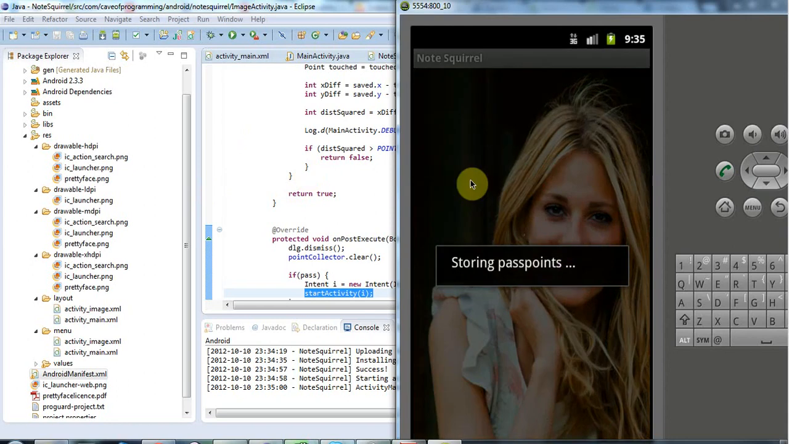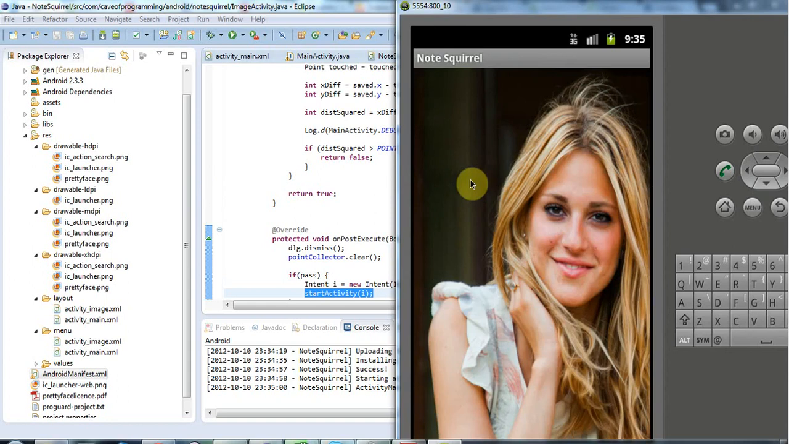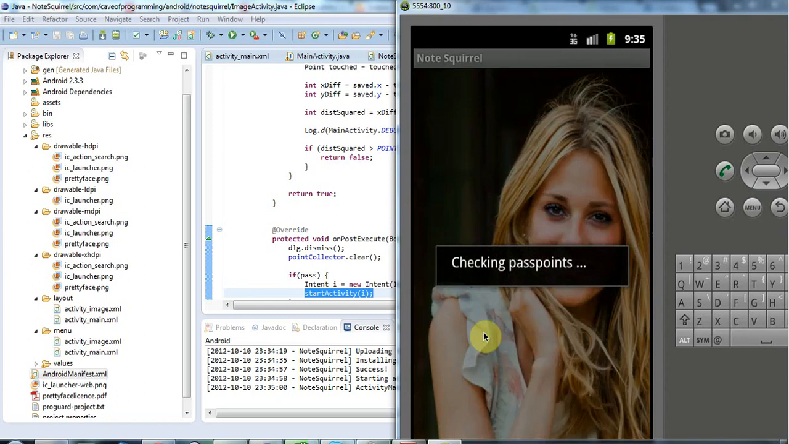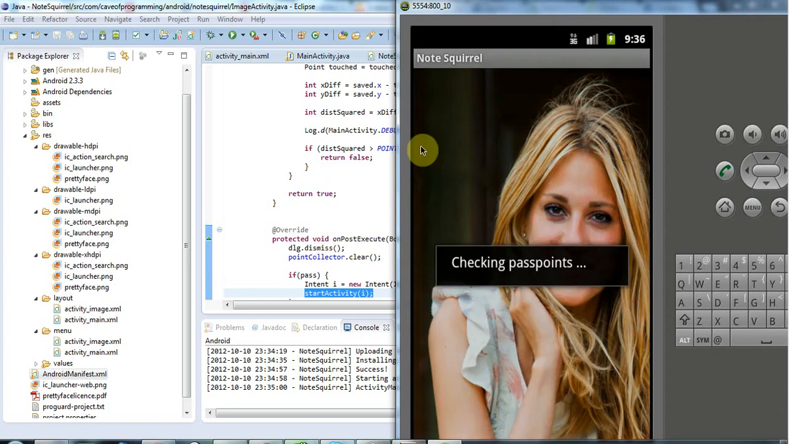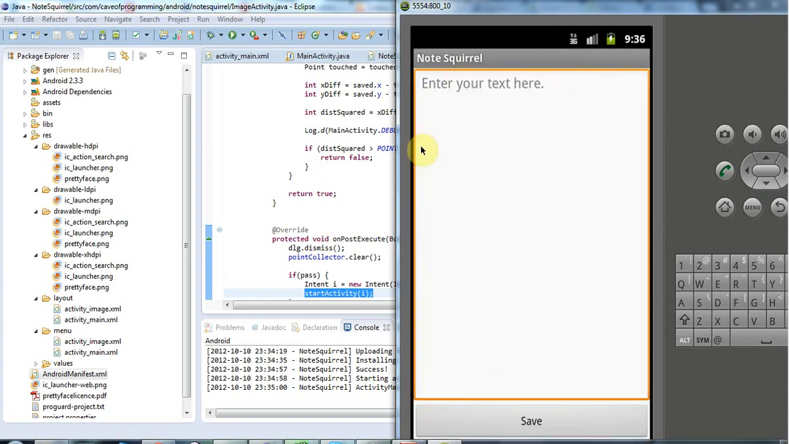And I can now log in. I could also actually go straight in at that point. In fact, maybe I should have a toast here that says now enter the pass points again, but let's just do it now. So I'll enter the wrong ones first, so just random points here. It says checking and then access denied, and that's my toast coming up. But if I click the right ones, 1, 2, 3, 4, then it will run my intent,